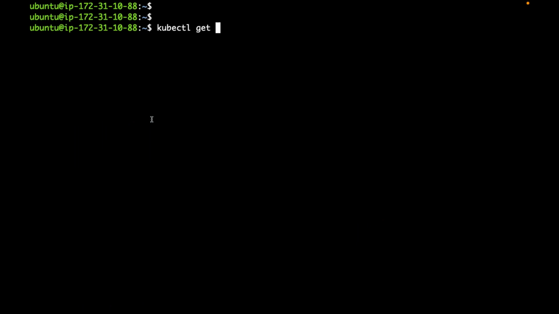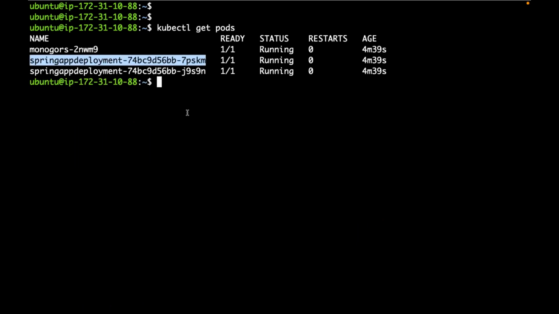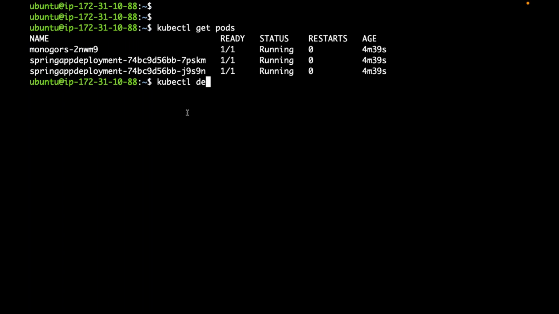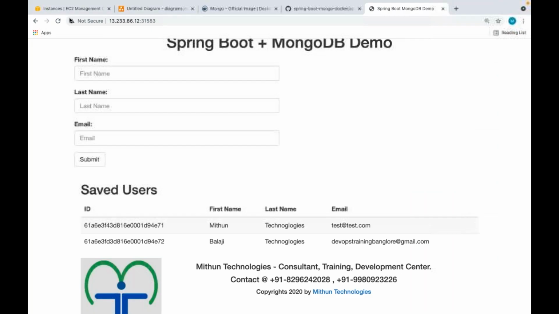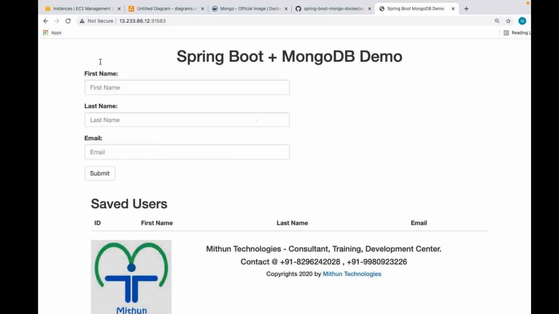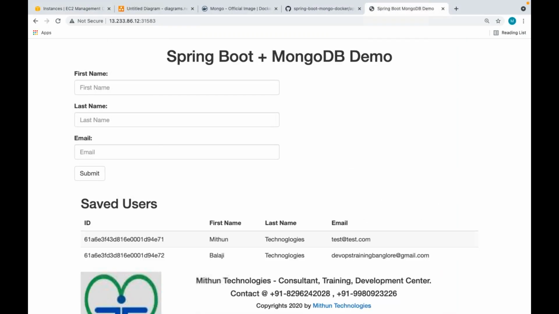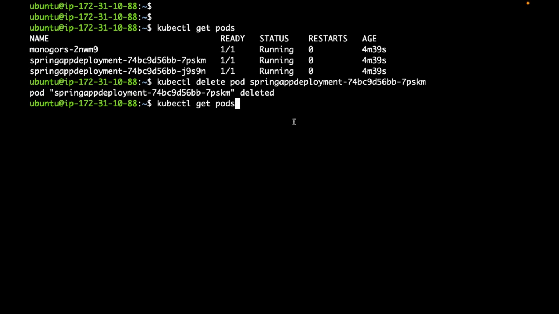Now, we have our database also running as a pod, our application also running as a pod. If something goes wrong with your application pod, this is a stateless application. Do we need to worry if this pod is gone? Since I have two pods, my application is still accessible, and I don't have a data loss. But if something goes wrong with this database pod, what will happen, guys? If the database pod is deleted and recreated, what will happen?